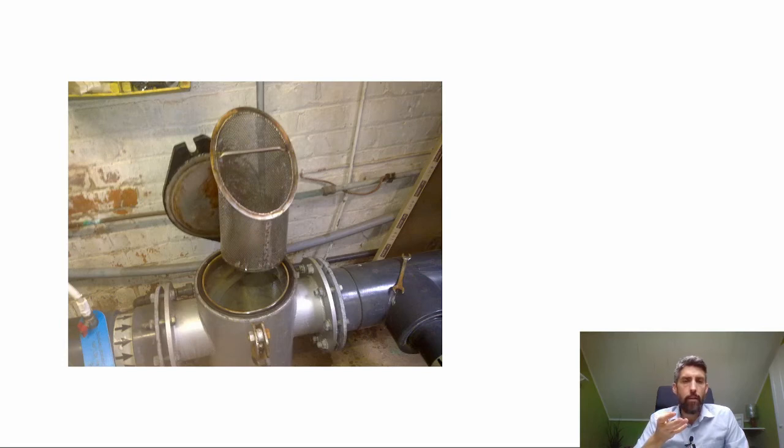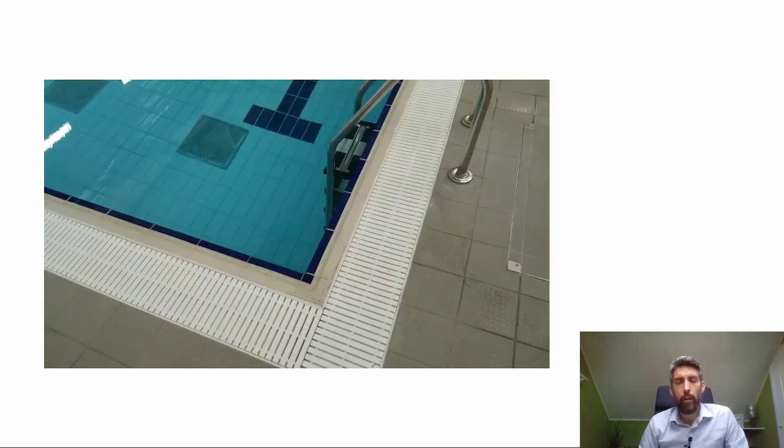But that's not the only option. There are other options. For example, if you've got a deck level pool, you can introduce it into the balance tank potentially. So for example, what you've got here is the balance tank access lid. Those are usually pretty difficult to get up, but you don't need to, because what you can do is just lift a section of this